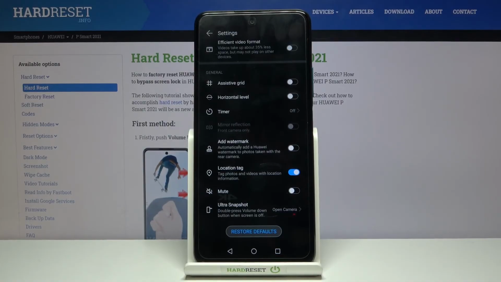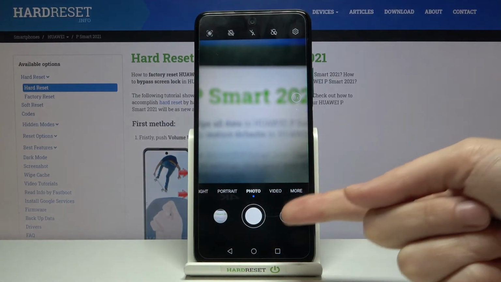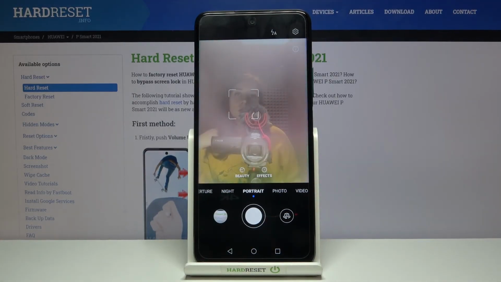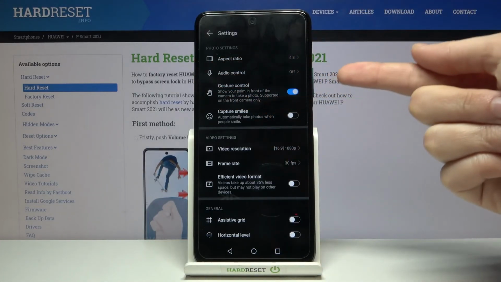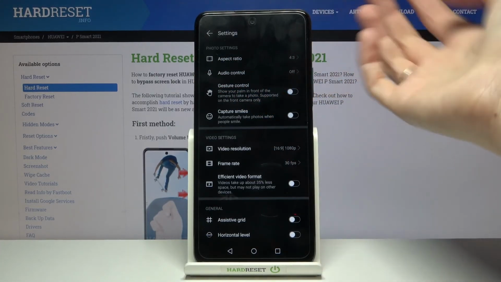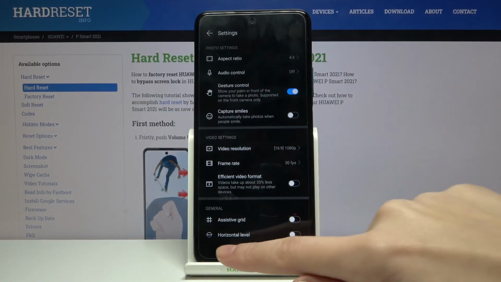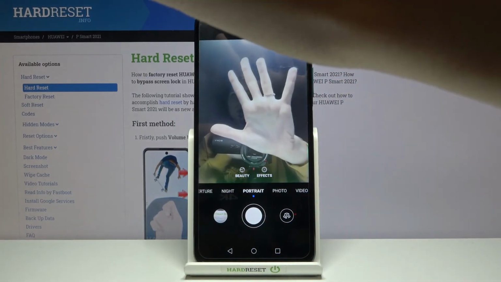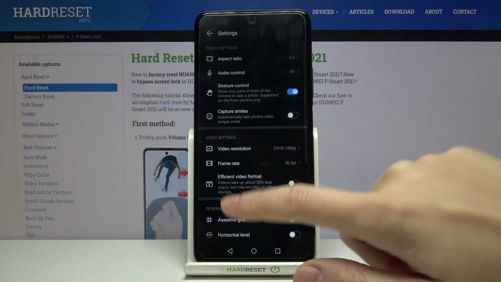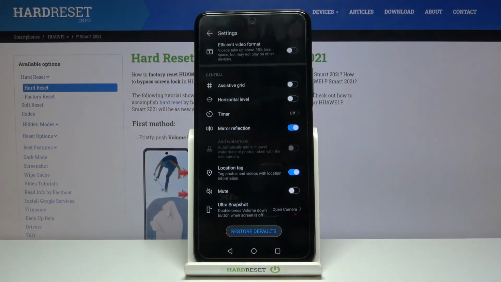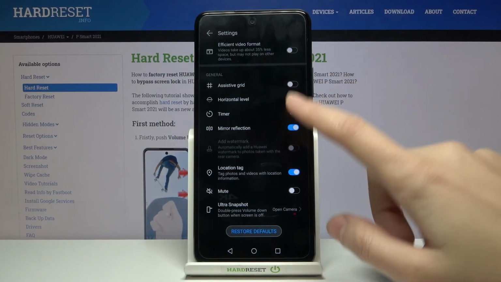And let me show you also one extra thing here. Let's go back to the camera. Now let's change this button here. So we changed the back camera to the front one. So hi again. Let's go back to the right corner settings, and now we have unlocked this button with gesture control. So also we can turn it on and off. I think this is really useful, because now when we show a palm to the camera, it takes a picture with 2 seconds of delay. Another tap here, and we can also move to the mirror reflection. This option is also available only in the front camera,